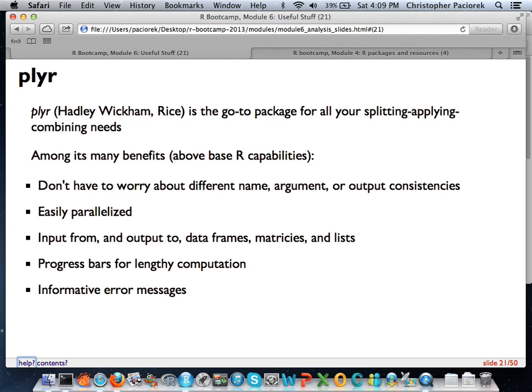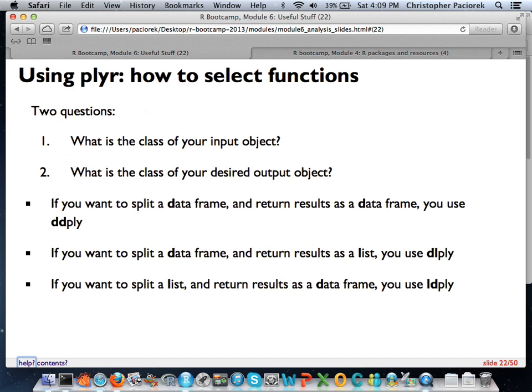So if you're trying to apply something over a very large data set, and if you're using sapply or one of the base R functions, it's probably not going to tell you very clearly what happened if something did go wrong. But most of the plyr functions actually have something really nice built in to tell you what the issue is. So maybe a downside at first is when you open up the plyr package, if you thought there were a lot of apply functions in the base R software, you might be a little bit scared by the 30 or so different apply functions that come with the plyr package.